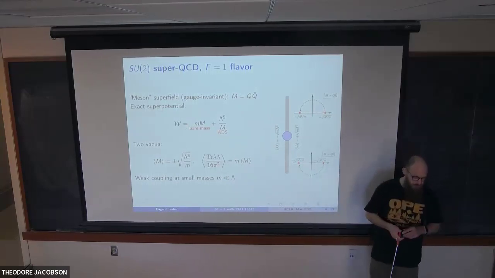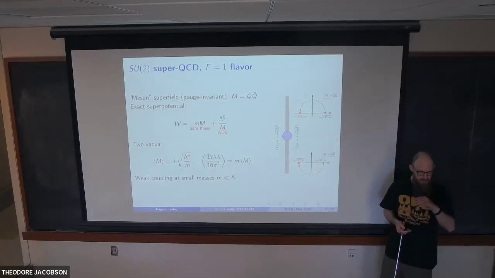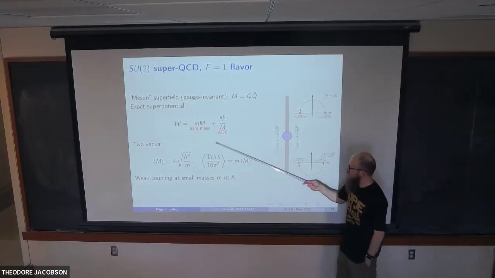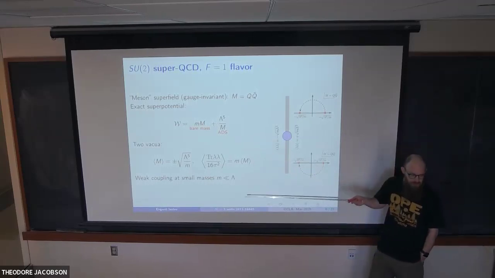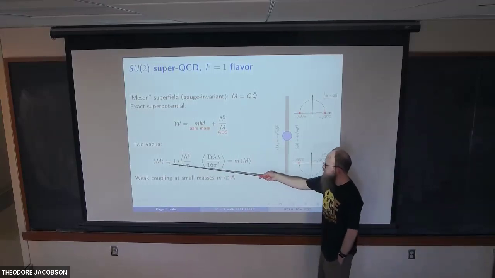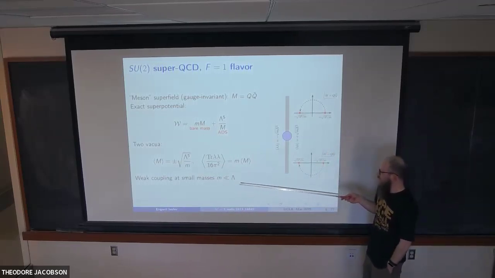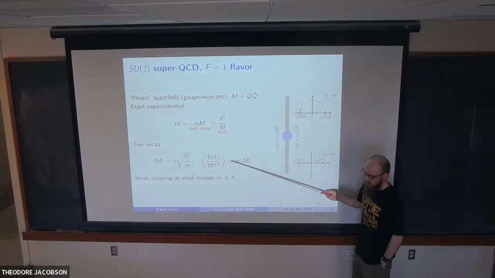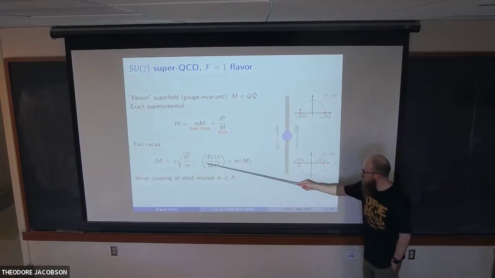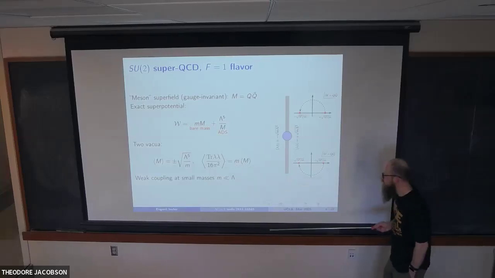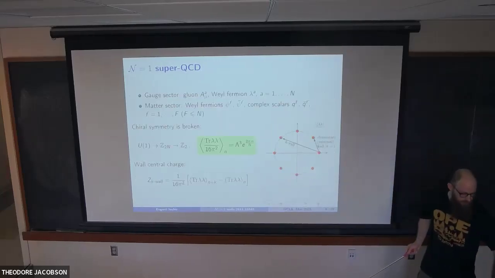So if you remember, extremal values of the superpotential correspond to global minima of the scalar potential, right? So if you take a derivative with respect to, say, m, we have small m minus lambda to the 5 divided by m squared. So you solve a quadratic equation, you get two minima at some non-zero m. And these two minima actually correspond exactly to two